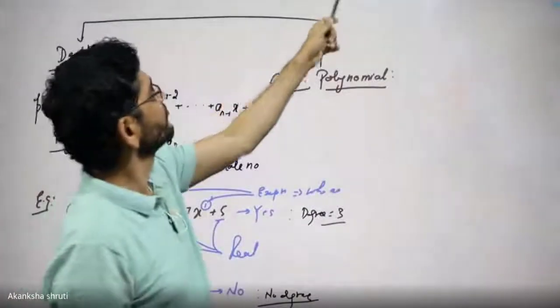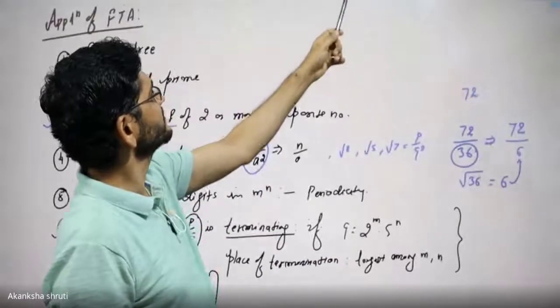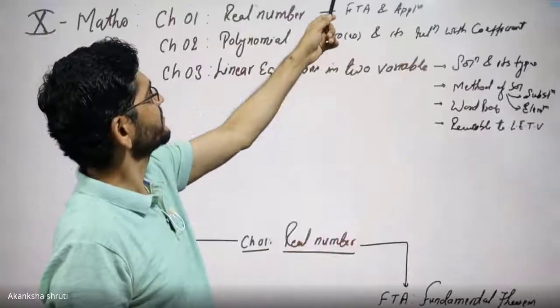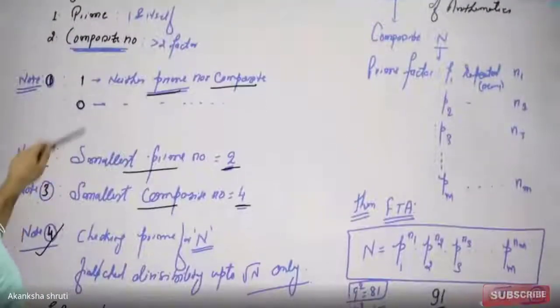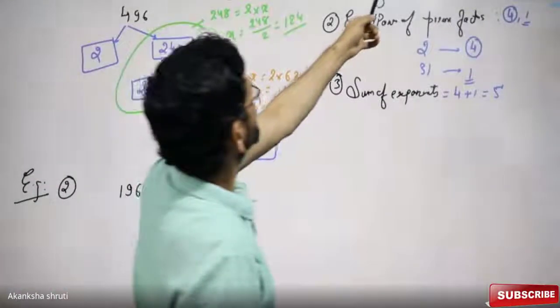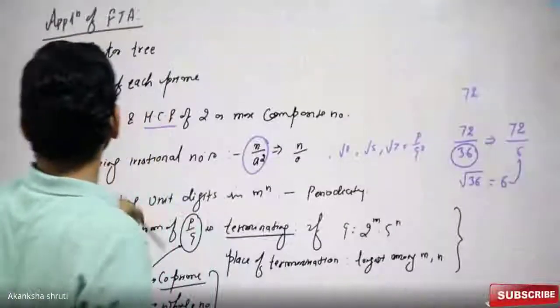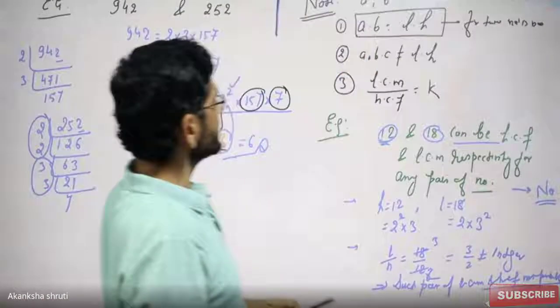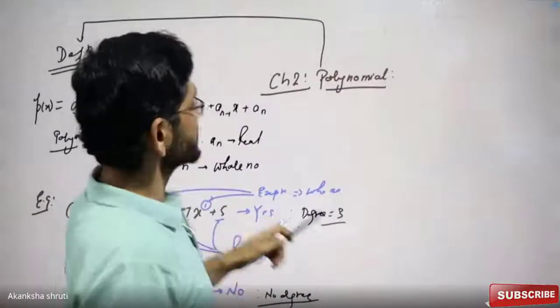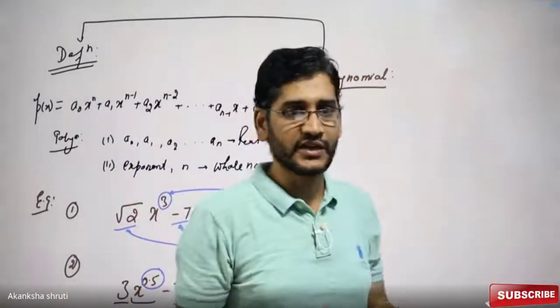Then chapter number 1 we have also revised. Students, chapter number 1 we have revised in too much detail. So student, in chapter number 1, what is prime, composite, and what is FTA and what are their applications? Means how to get the composite number, how to get divisibility, and what are their applications. Each and everything we have revised. Okay, student. So this was all about today's class. So student, जितना कुछ चाहिए था हमने आज आपको बताया.